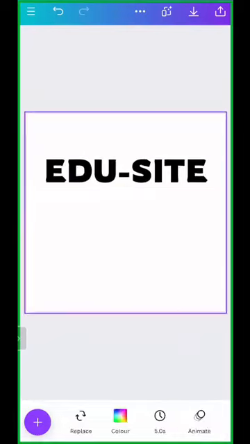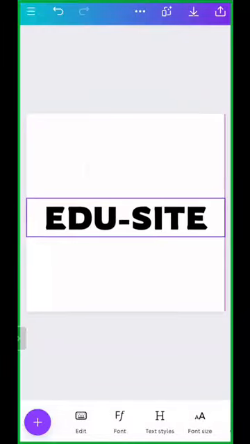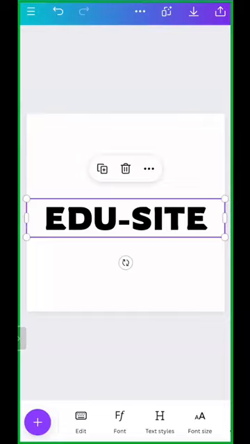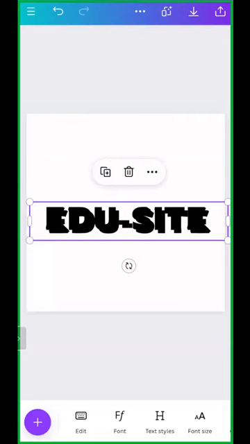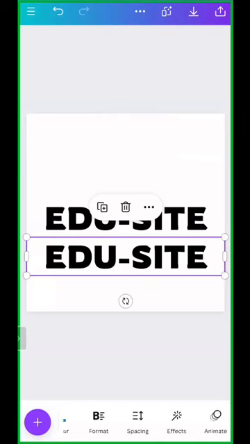See here, the first thing that I have placed is something with a heading. Fine. I placed the brand name here. Okay. Now what I'm going to do is I'm just going to duplicate it. Duplication is done. I placed it here. Fine. Now let me just move to the effects. Okay. Effects.